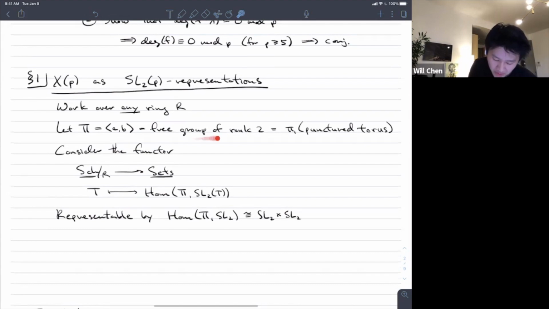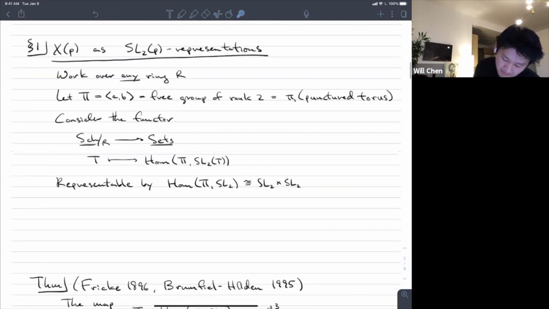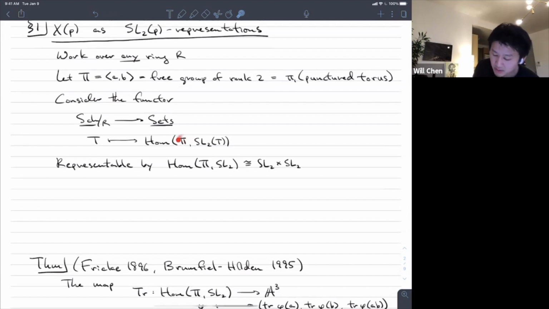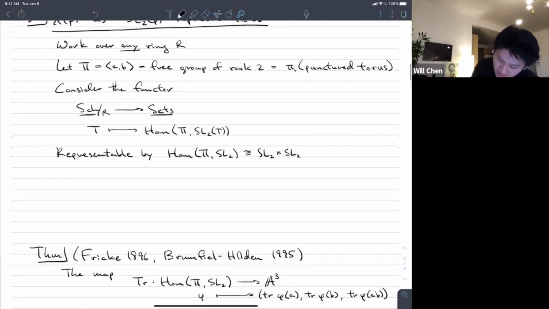So we'll always want to think of pi as the fundamental group of the punctured torus for the rest of this talk. Okay, so consider the functor from R-schemes to sets, given by sending an R-scheme T to the set of group homomorphisms from pi, which is just an abstract group, to SL2, the group of T-valued points of the group scheme SL2. Okay, so this functor is obviously representable in the sense that,